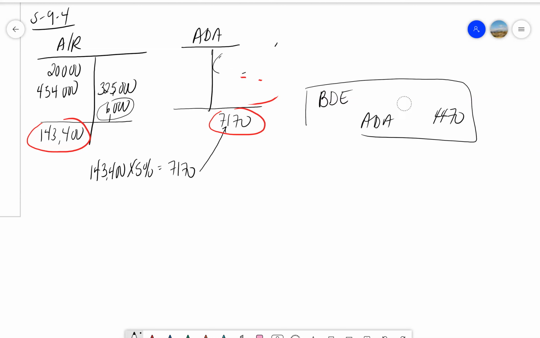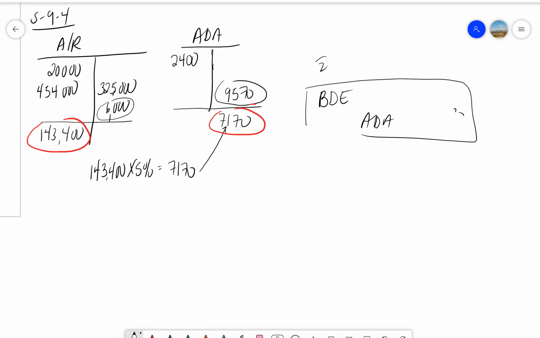the only difference now is the balance at December 31st in our ADA account before we make our adjusting journal entries is now going to be a debit of 2,400. So assume that the unadjusted balance in allowance for bad debts, or allowance for doubtful accounts, is 2,400 debit. So then we've got to figure out, well, what is the adjustment that we need? How do we get from 2,400 debit to 7,170 credit? We're going to need an adjustment of